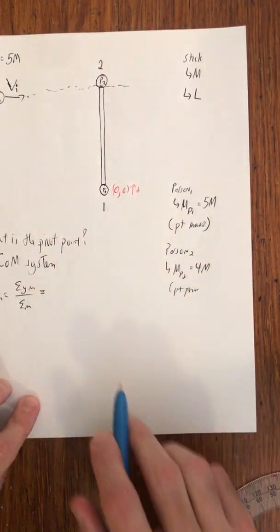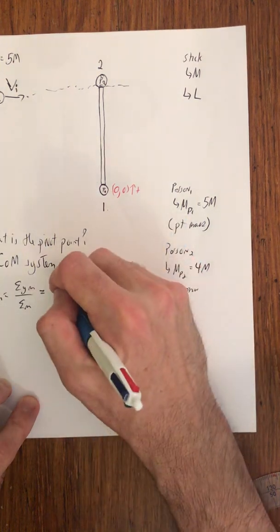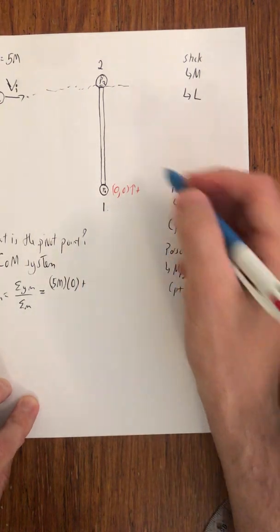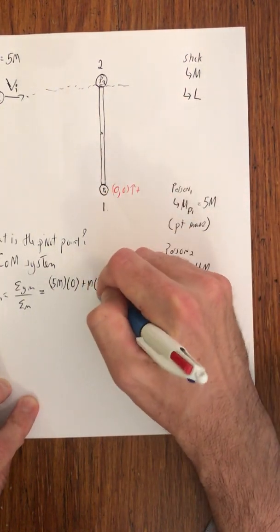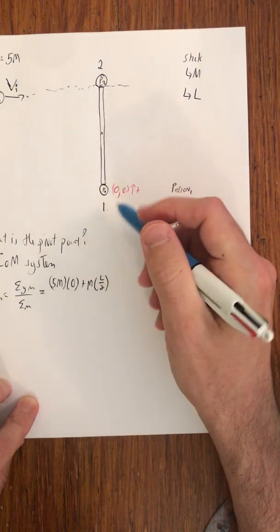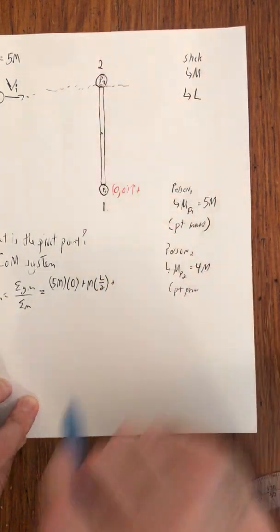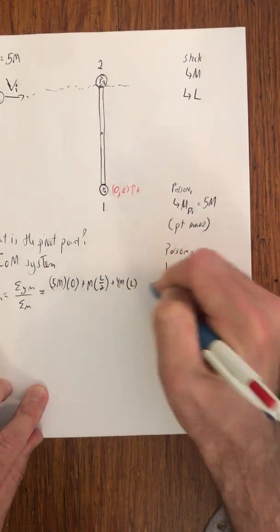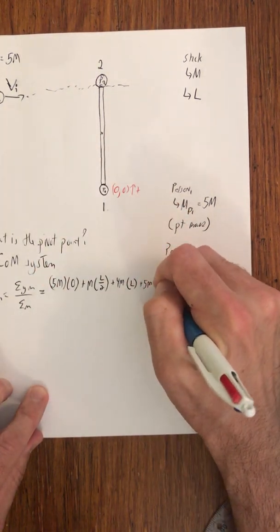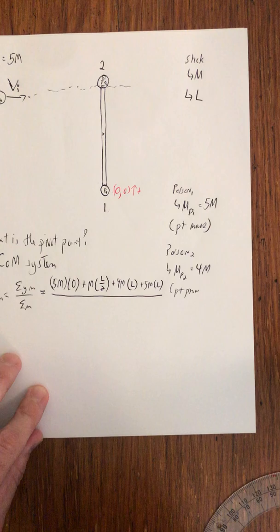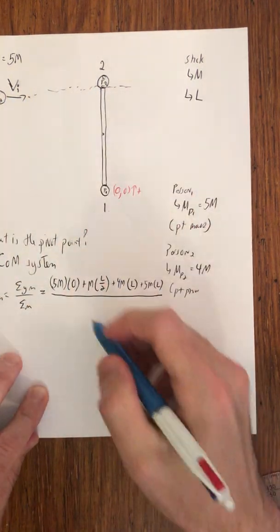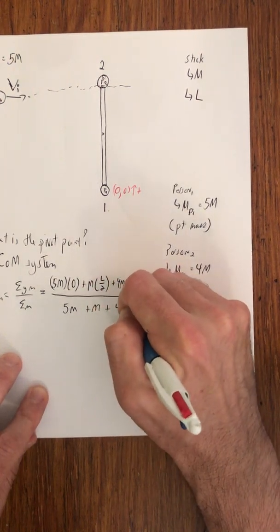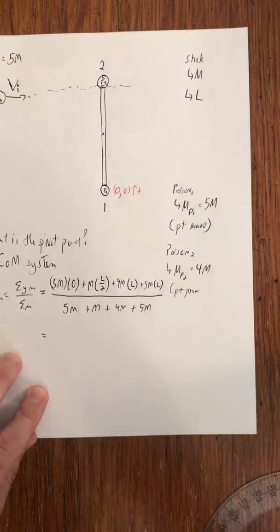So mass 1, which we said is here, is 5m times 0, plus the stick here, so that's going to be m times L over 2, because that's where the stick center of mass would be, plus mass 2, person 2, which is 4m times L, and then the next person, 5m times L. Okay? Because this person would be attached there. And this is over 5m plus m plus 4m plus 5m. So what do we have on top? We have,